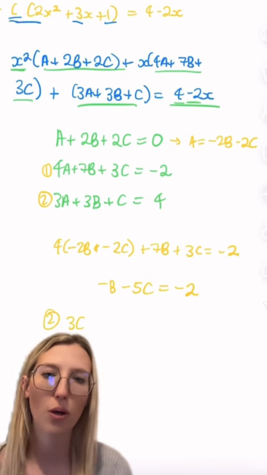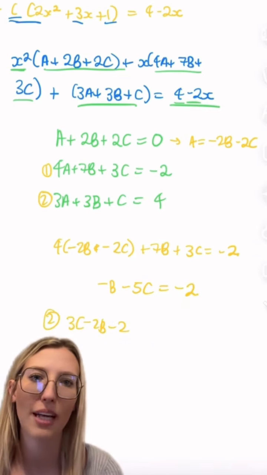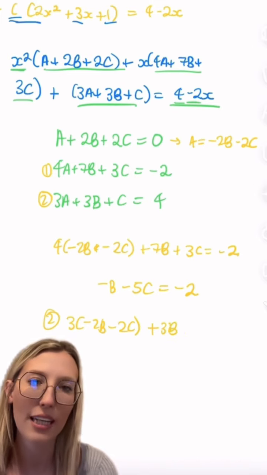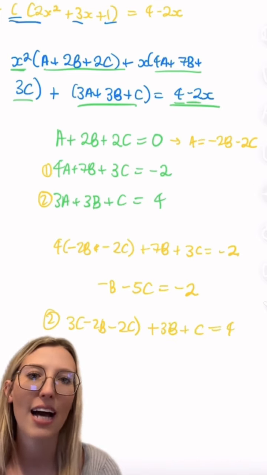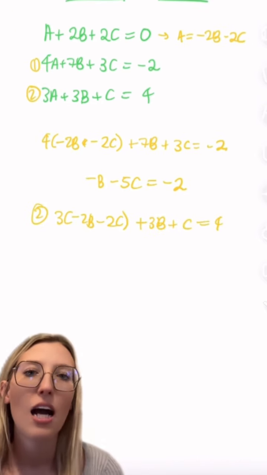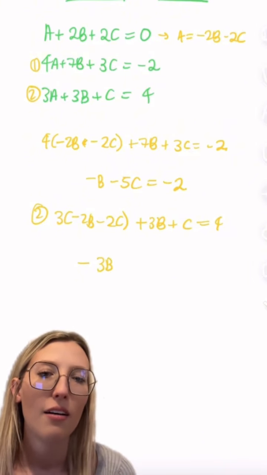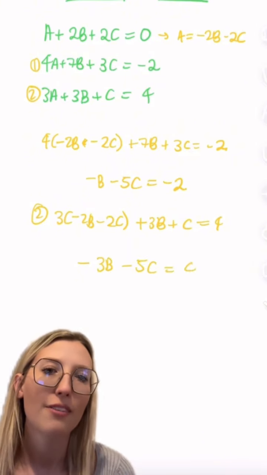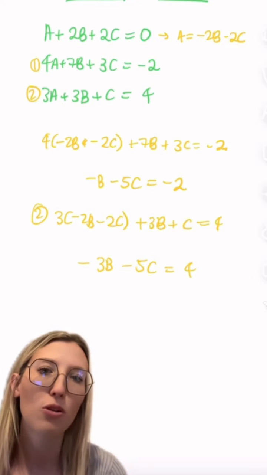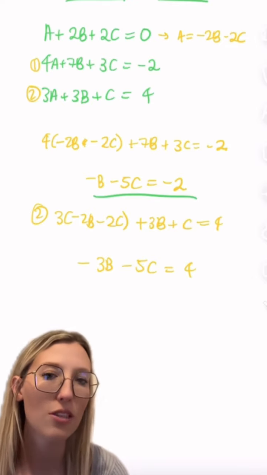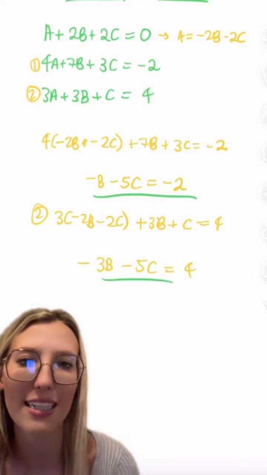And then doing the same to equation 2, we're plugging in our A value again of minus 2B minus 2C. And if we go ahead and rearrange this and expand, we are going to end up with minus 3B minus 5C equals 4. Now we've got two equations with just B and C, so we can solve these as simultaneous equations. So let's label this equation